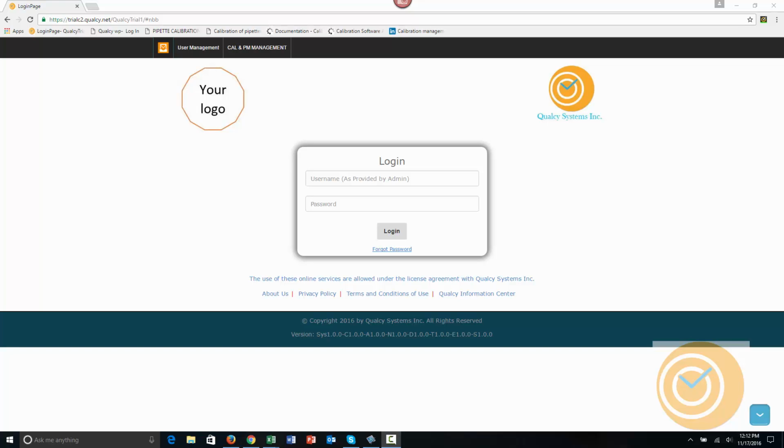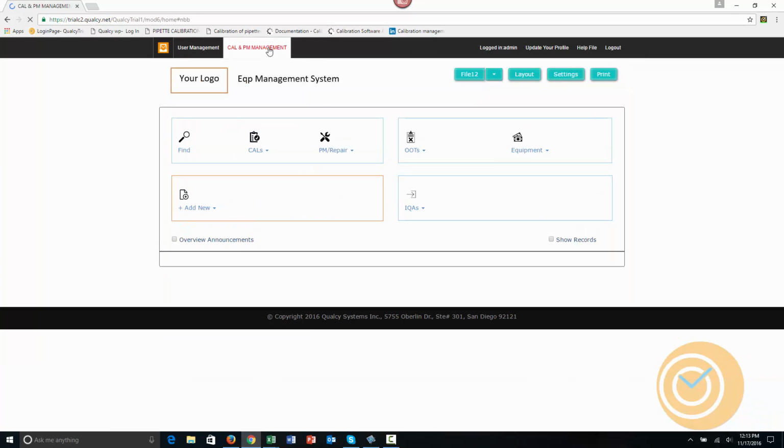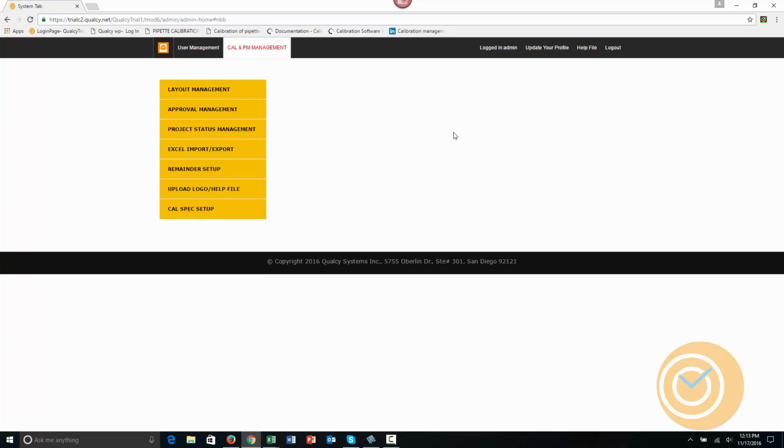Let's get started. I'm going to log in as an admin user, because you need to have the admin permissions to build the calibration spec templates in the calibration management module. As you can see, after I logged in, I'm at the workspace. Then I'm going to the calibration and PM management homepage, and I'm going to click on the settings button, and then I'm going to click on the